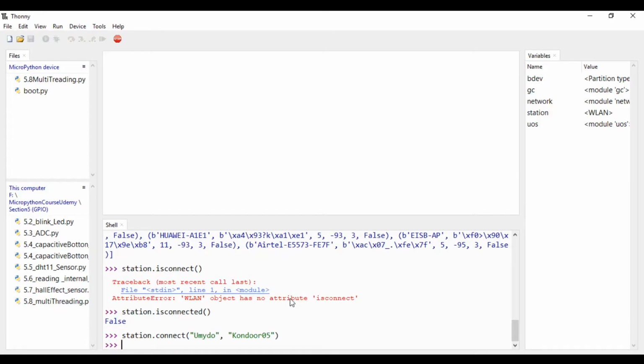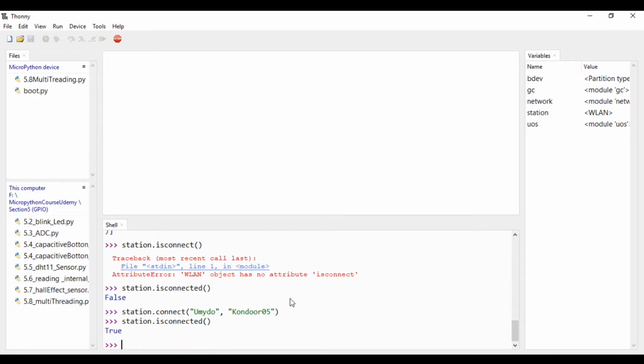Now we can check is it connected or not by station.isconnected command. Now it is showing that true. That means it is connected. The ESP32 is connected to my network. To get the local IP address of my ESP32, we use the command station, our object created, ifconfig.